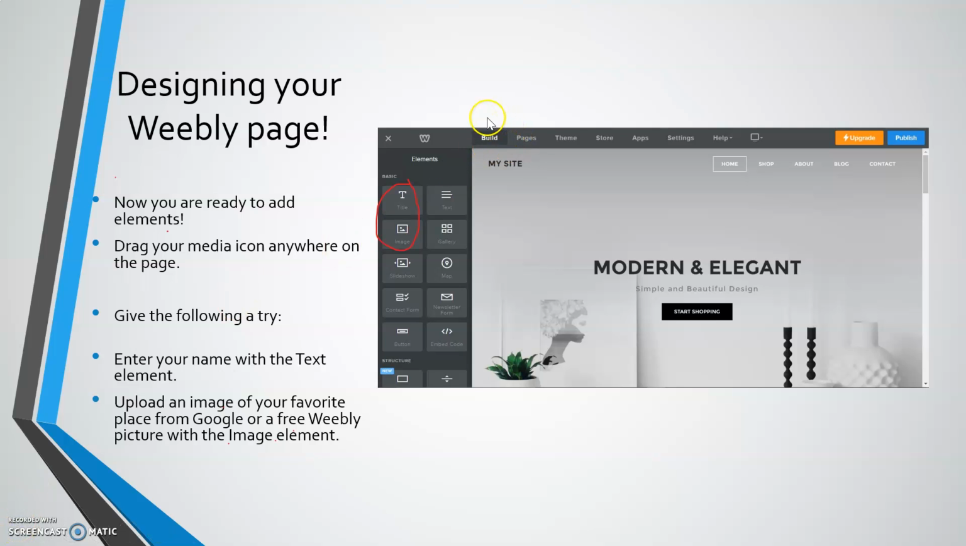Please hover and click on the word Build. Once you have done that, you will see a bunch of elements pop up on the left side of your screen like shown here. When you are ready to insert the content that you have chosen, you will simply just drag the icon to the center of your page. For example, if you wanted to add an image to your Weebly page, you will simply drag the image icon to the center of your screen,